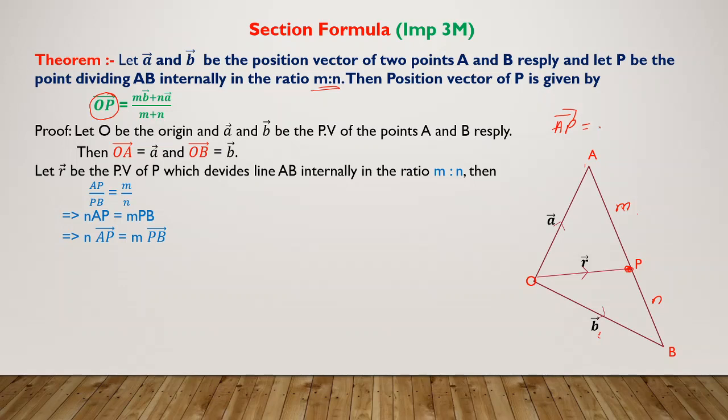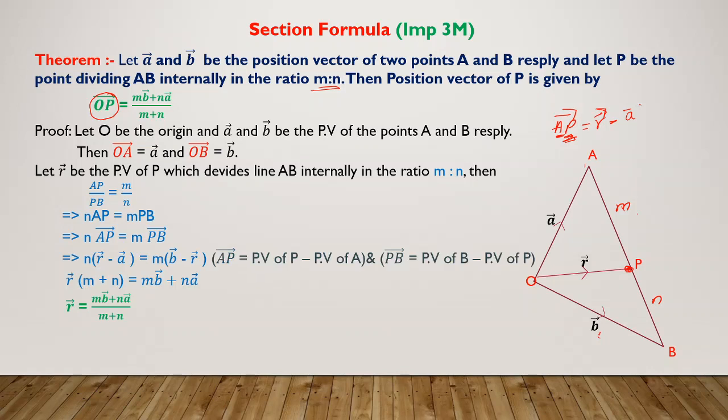As we have already discussed in the previous slide, whenever 2 points are joined, the vector of the line joining them is the position vector of the terminal point minus the position vector of the initial point. Here, which is the terminal point? P is the terminal point. So the position vector of the terminal point is vector R, minus the position vector of the initial point, vector A. So I'm going to write it as N into vector R minus vector A is equal to M